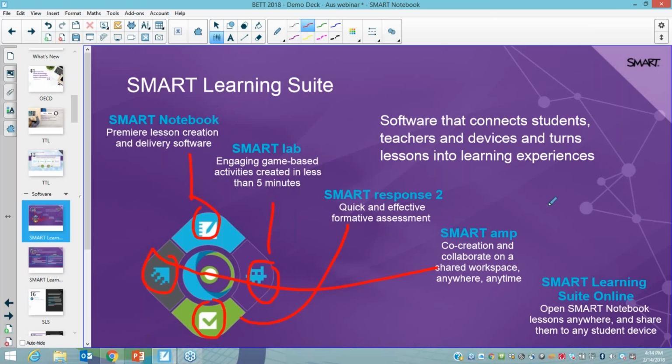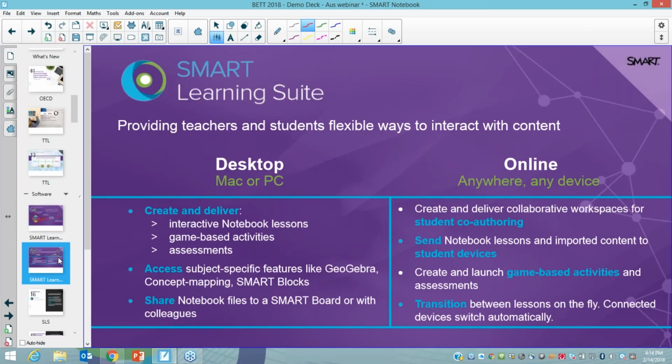You actually have access to things like GeoGebra and concept mapping and smart blocks in the Learning Suite, and you can actually share your Smart Notebook files to the Smartboard or a link to colleagues. So being able to access that content, which by sharing a link through an internet browser is really important, and it's anywhere, so students can co-author this